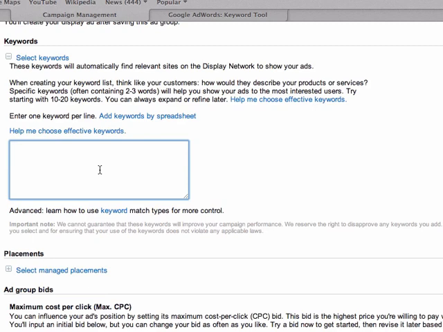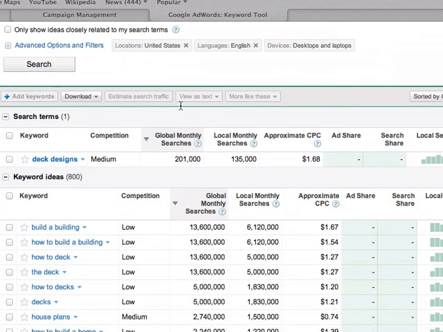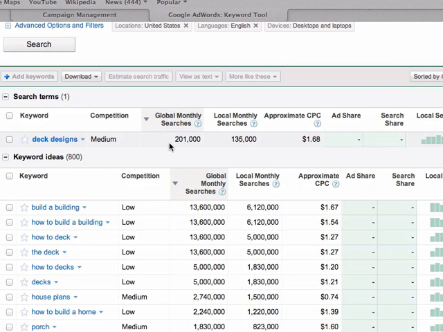So, for example, if it's deck repair or deck replacement, there's a good chance that they will be on sites that are about deck designs, looking for new deck designs before they even decide to replace the darn thing. They want to know what they're going to have built. So if you see here on the Google tool, for deck designs there's about 135,000 local monthly searches. Okay, so we could take that broad keyword and add it to our list, because what happens is that when they're looking at a deck design site,